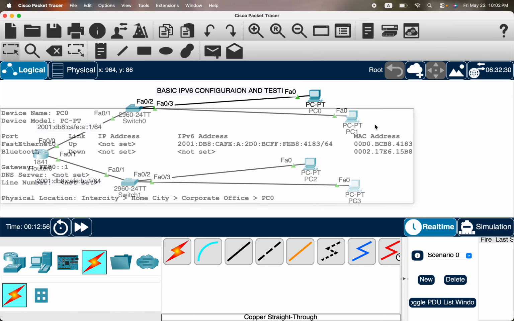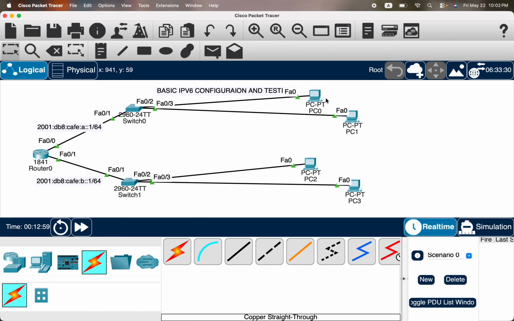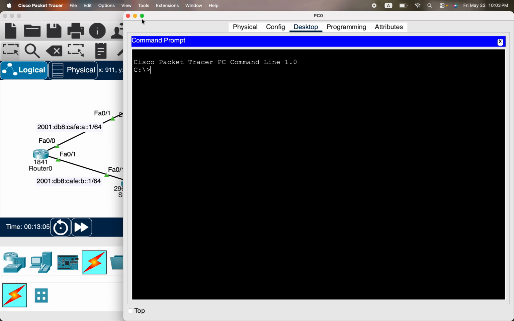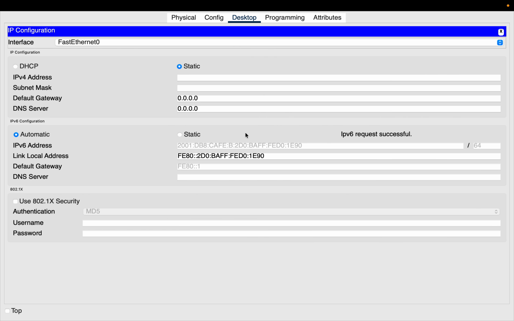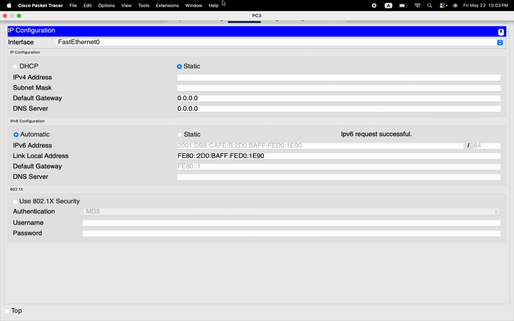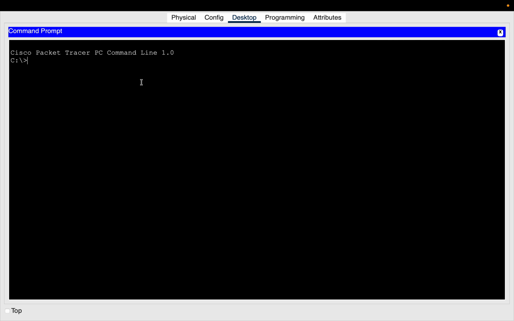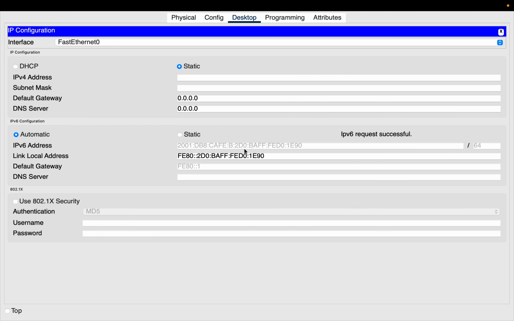Now let's make a ping test from LAN 1 to LAN 2, from PC0 to PC3. So on PC0, let's go to the command prompt, and the IP address of PC3 is 2001:DB8:CAFE:B. So let's write the ping command, ping 2001:DB8:CAFE:B:2D0